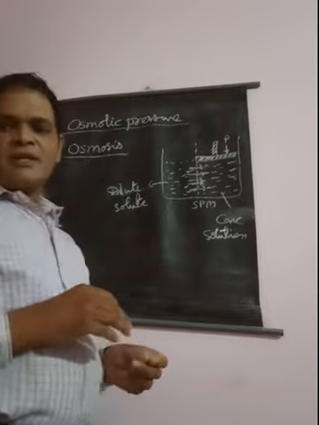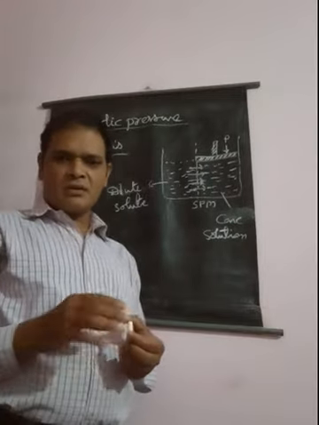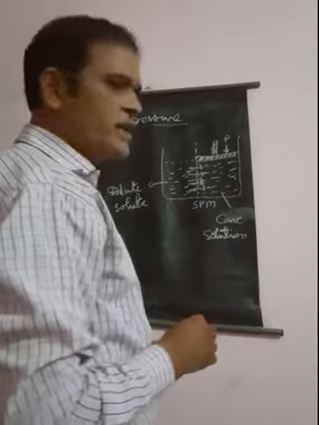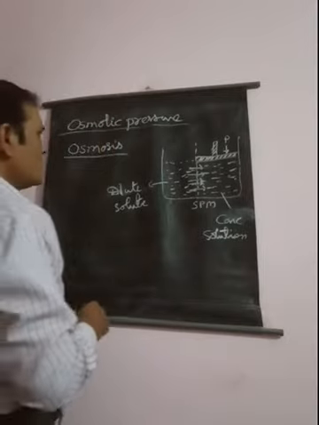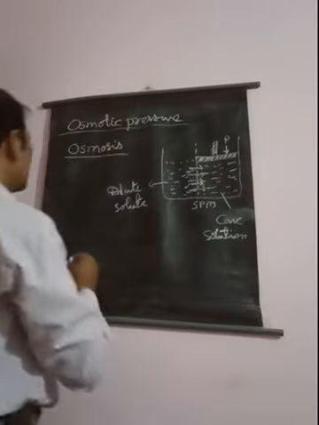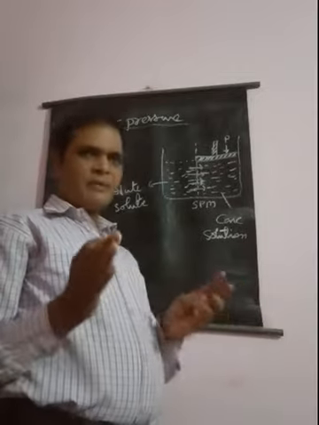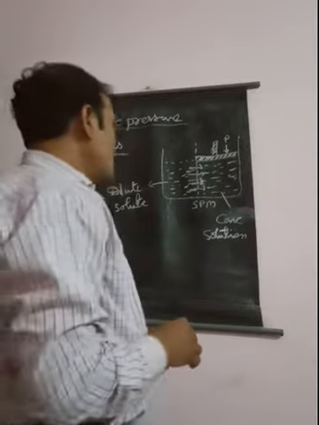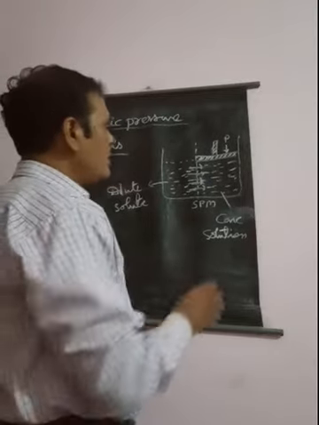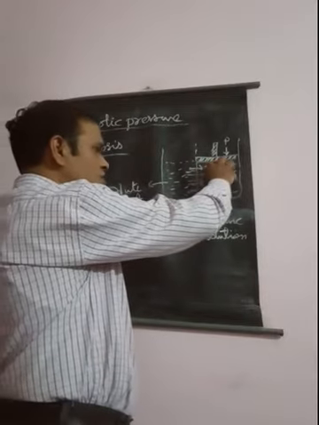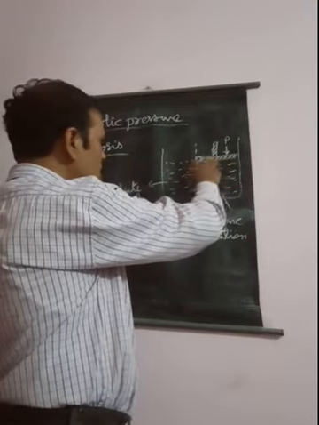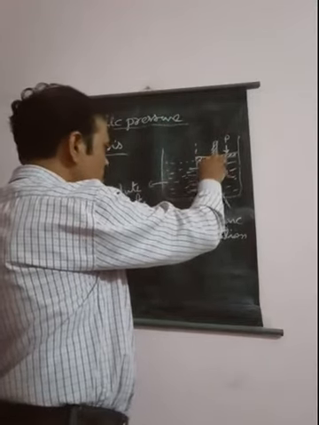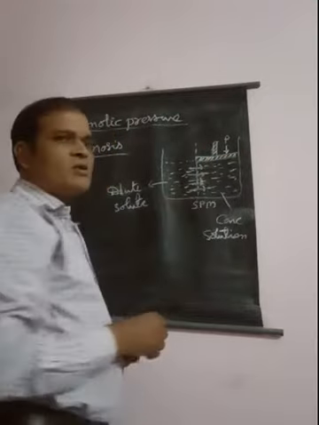In case of osmotic pressure, we generally see the mathematical expression of the osmotic pressure. But before the mathematical expression, we will see the definition of osmotic pressure. Osmotic pressure is the pressure applied on the solution of higher concentration to stop the process of flow of solvent particles from the dilute solution to the concentrated solution side.